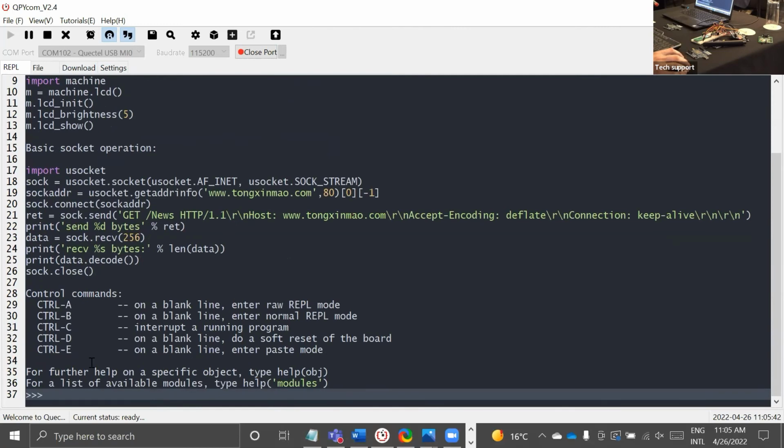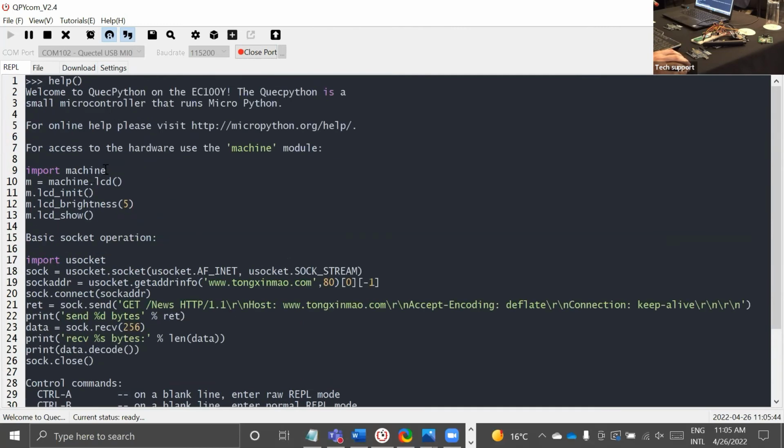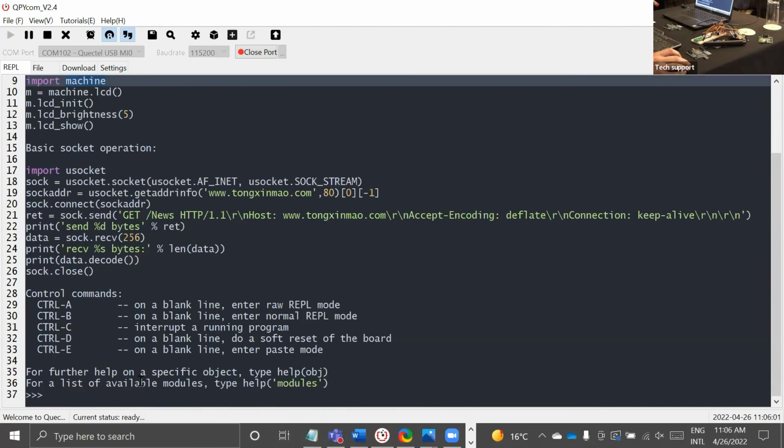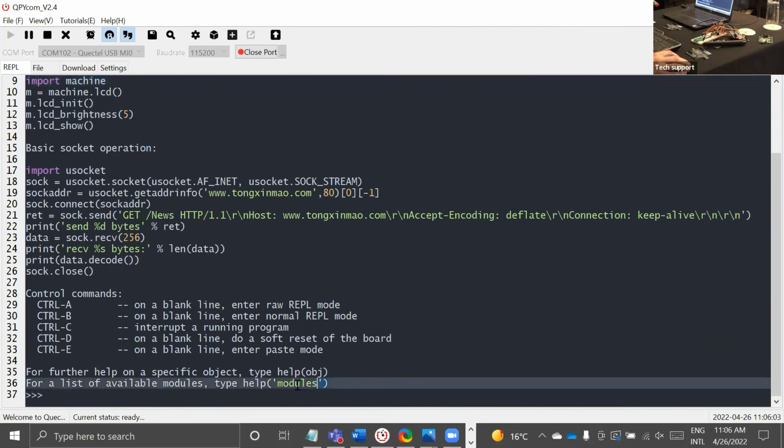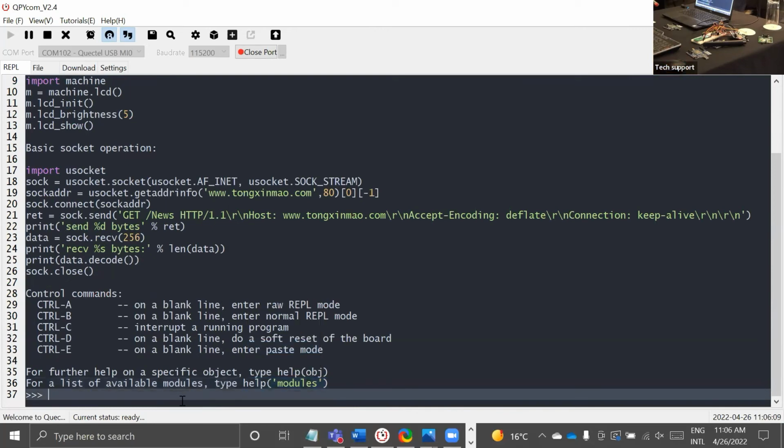If you type help, you should see the basic things for the module. For example, it says you have a library called machine, and in that machine library you have all the necessary peripheral things like I2C, GPIO, ADC, etc. And at the very end, you have this one.